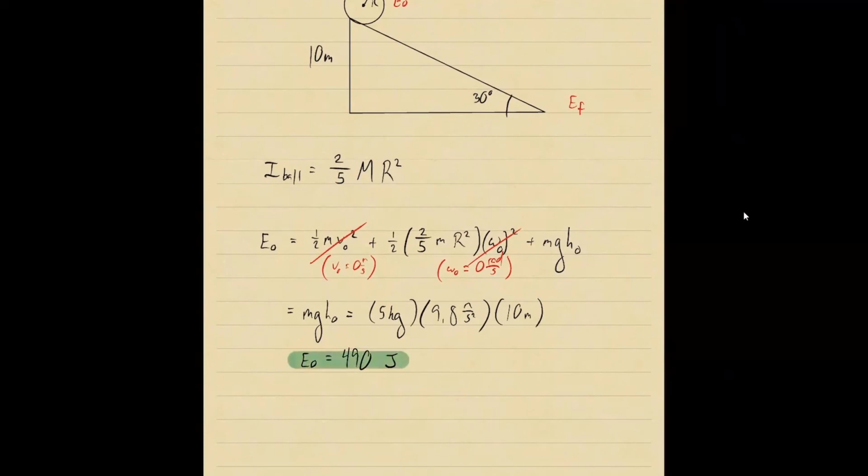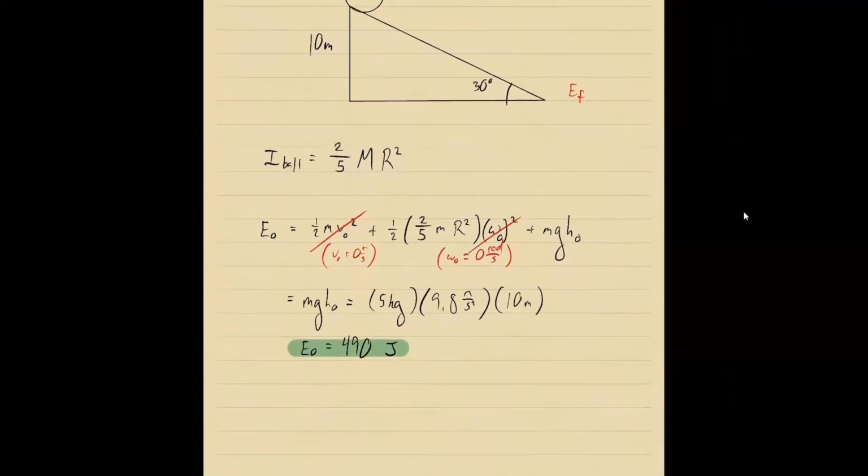We're going to keep track of that. And then next, if we're looking at the ball when it reaches the bottom of the ramp. So this is at the bottom of the ramp, right? It's going to be 1/2 times the mass times the final velocity of the ball squared, plus 1/2 times the moment of inertia of our ball, which is 2/5 m r squared times our final angular velocity squared plus our final